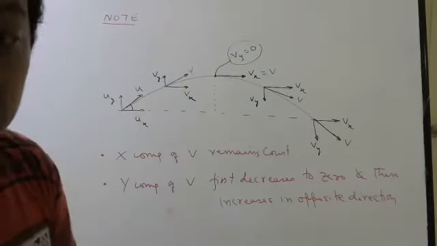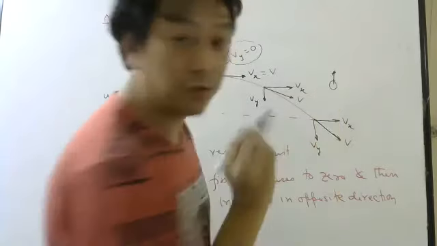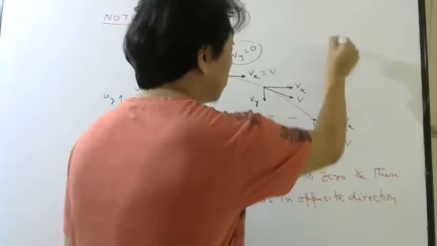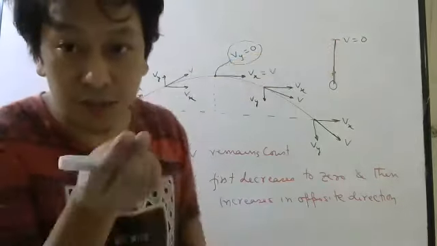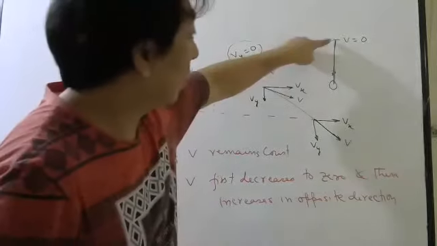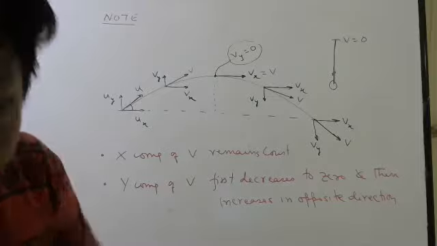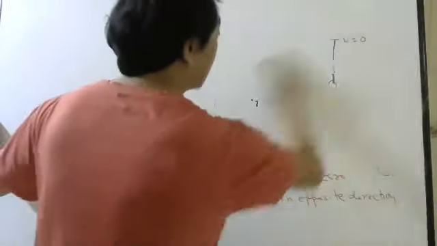Remember. But when you throw something vertically up, then you know what happens, right? It goes up, then comes down. So here you can say velocity is 0 here, because at this point there is no x component of velocity, right? It was 1D motion. Okay. Everybody understood this part?